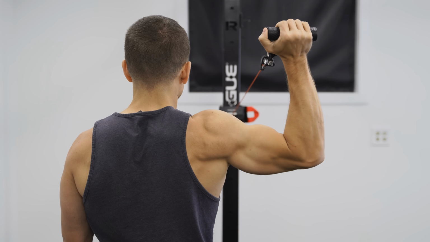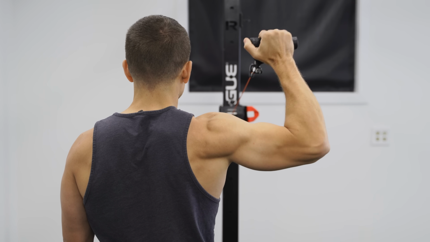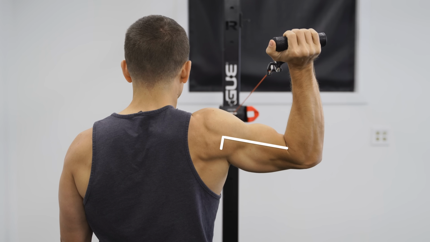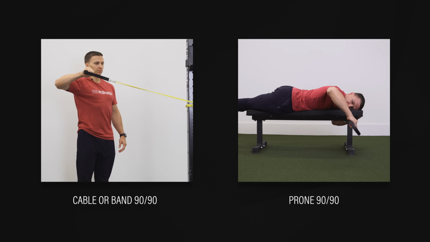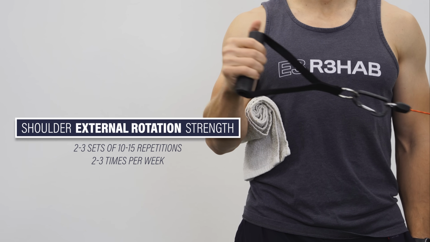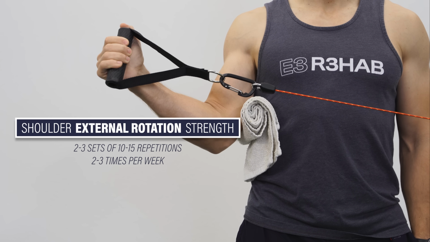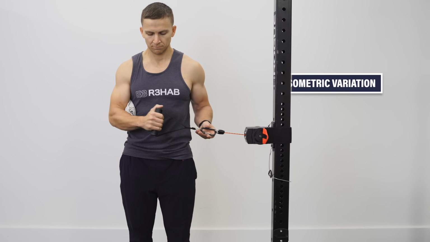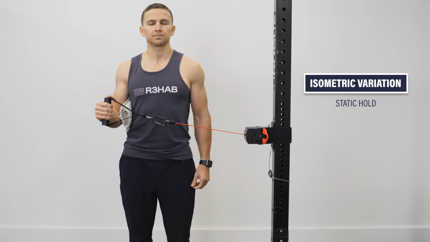If you want to eventually progress these exercises, you can perform them in what's known as the 90-90 position, in which the shoulder and elbow are bent to 90-degree angles. If you're standing, use a cable or band. If you're lying on your stomach, use a weight. Any of these exercises can be done for 2 to 3 sets of 10 to 15 repetitions, 2 to 3 times per week. If you need an easier external rotation strengthening option, try an isometric variation, which is just a